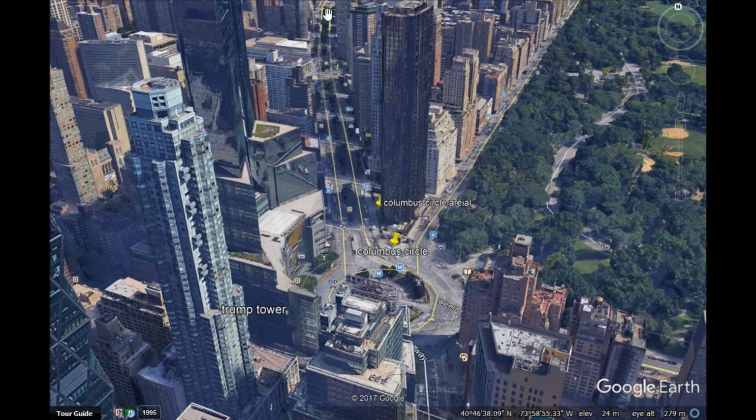Just the top here, Broadway runs into the grid that was created at 9th Avenue, so that the grid was superimposed on top of existing roads, and Broadway is one of the original roads prior to the grid, which was created in 1811. At this point here, the